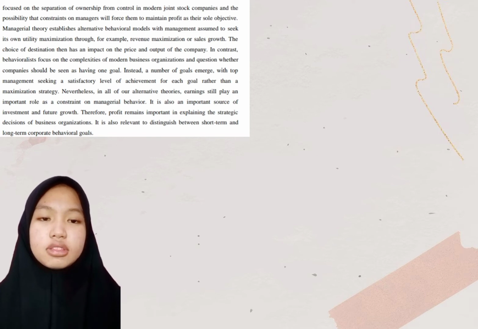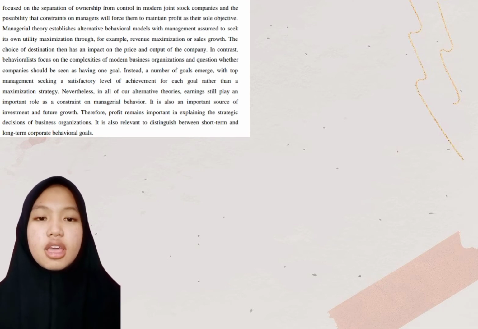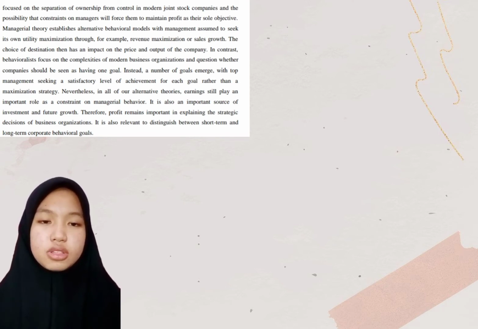There are generic types of alternative theories, namely 1. Managerial theory, 2. Behavioral theory. Managerial theory, the starting point of all managerial theory, is the assumption that the theory separates the owner of the firm from control. It is also assumed that top managers are able to dominate managerial decisions, through their ability to dominate corporate strategy, future investment, promote the organizational decision-making process by senior managers, and the appointment of people to key corporate positions.